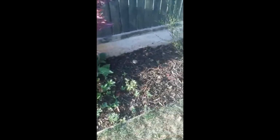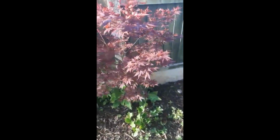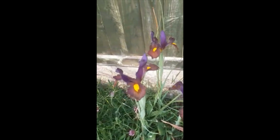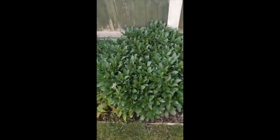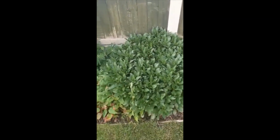We've rebarked all of this area, although we've got such a lot of birds. They keep chucking all the bark out to find worms. Some gorgeous irises. It's called a Russian vine. So I'm really excited to see how that manages. It was about that big. And in 1 year it's gone to that, so that's